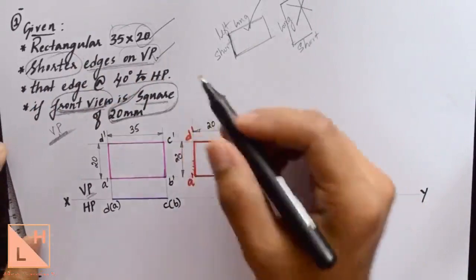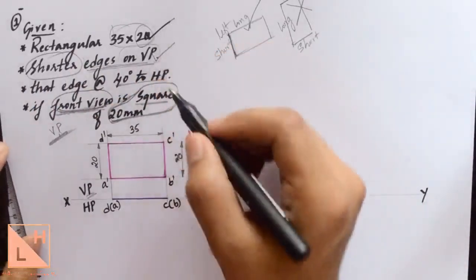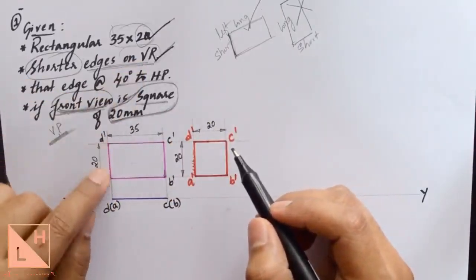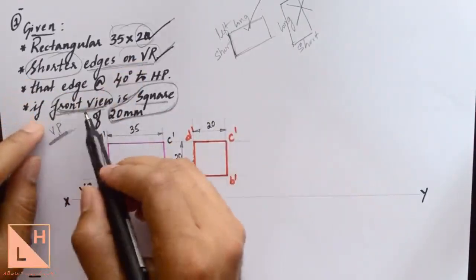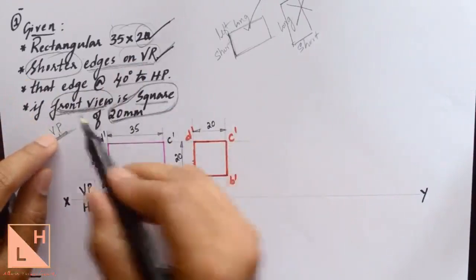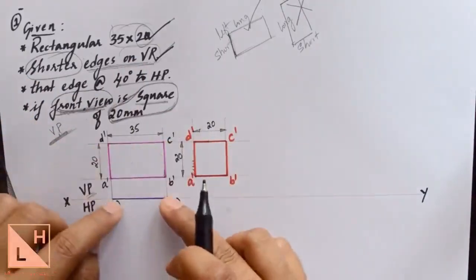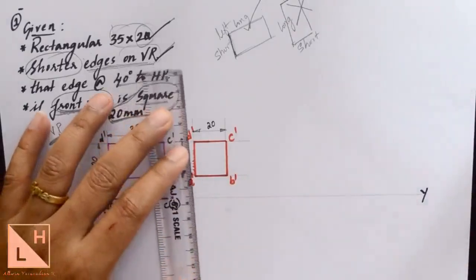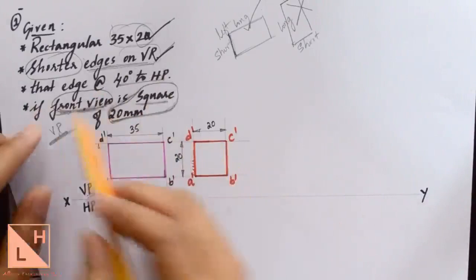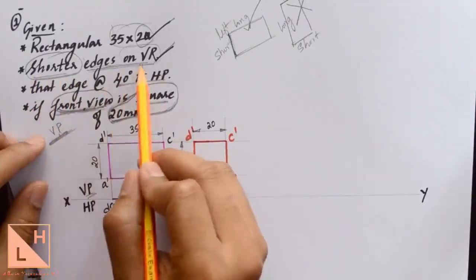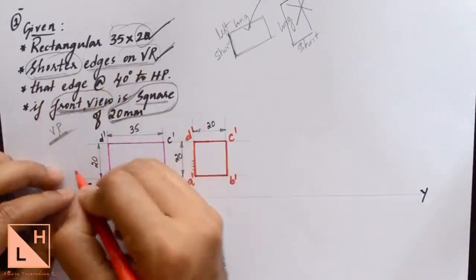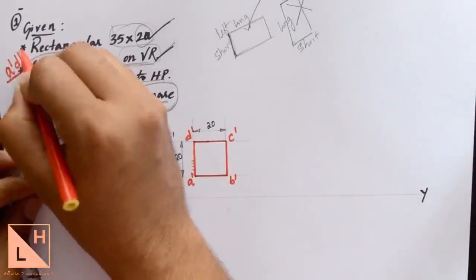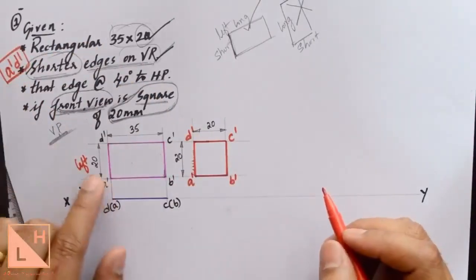Right, if you go through the checklist one by one, we have drawn the rectangle, and we have made sure the shorter edge is on VP, which means I have kept the shorter edge on the left side, and I have taken the condition of VP and done it in the front view. The length will be reduced only when you give some inclination to the top view. So here I am supposed to check what this inclination is. The problem says one of the shorter edges is on VP. The one which we have selected here is the one on the left side. So this shorter edge is nothing but A dash D dash. So this A dash D dash should be on VP only.